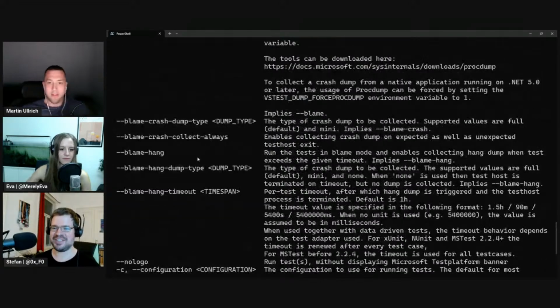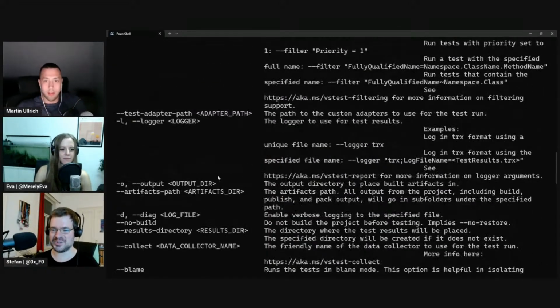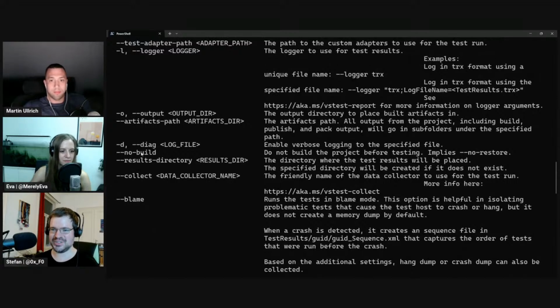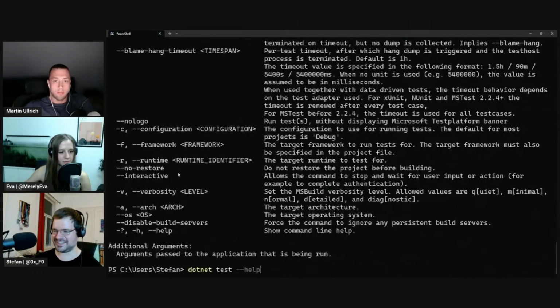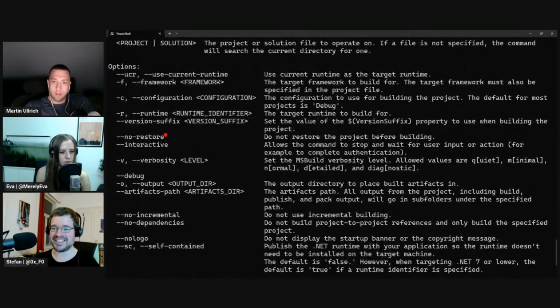I'm having an epiphany now because there is no build. There is a no build and a no restore, and this is how